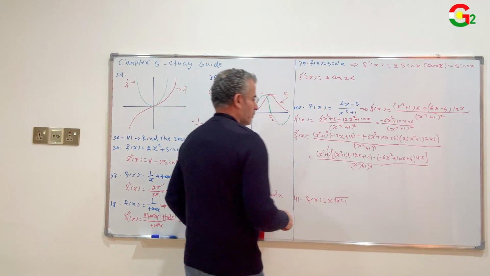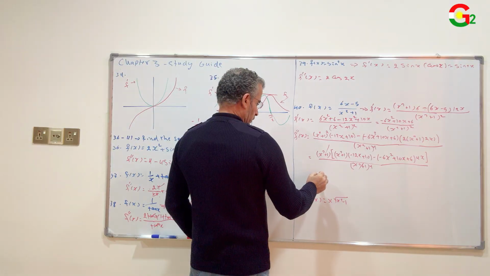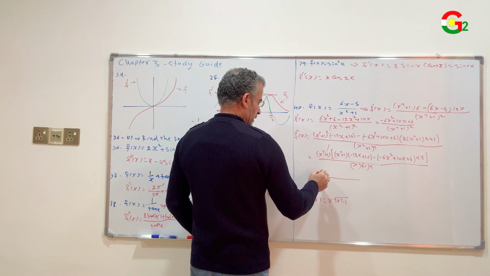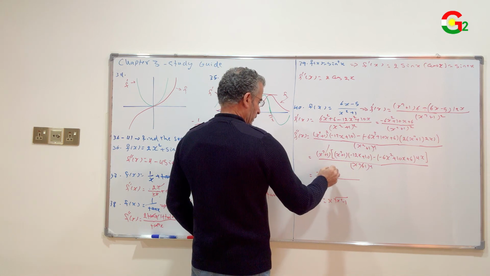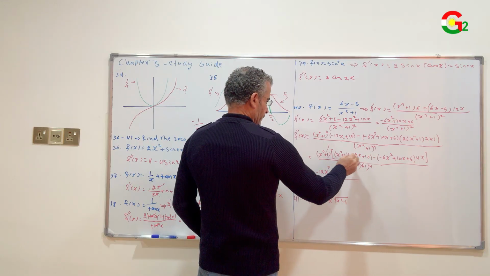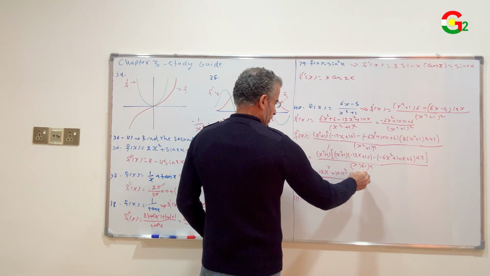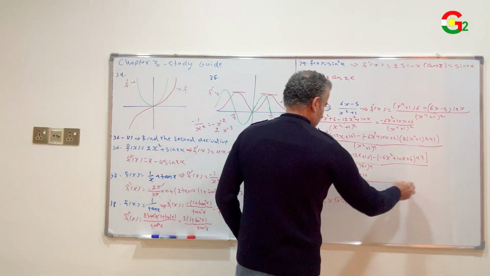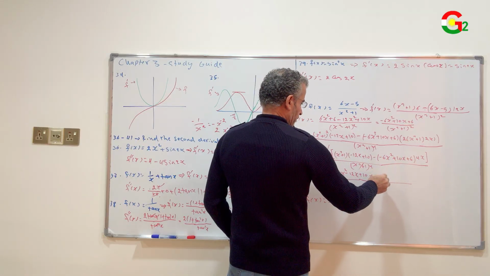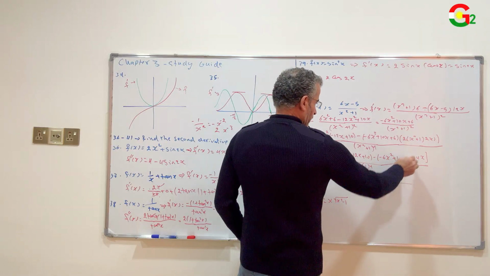Reduce (x² + 1) with (x² + 1)⁴, equal to, open this bracket, x² times −12x − 12x³ + 10x² − 12x + 10 + 6 times 4, 24x³ − 40x²